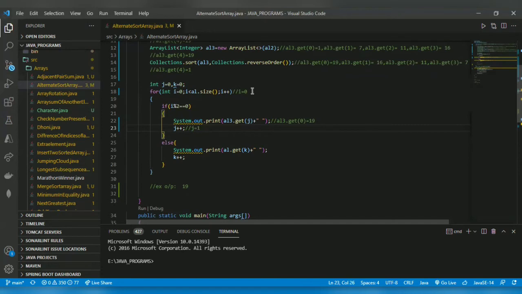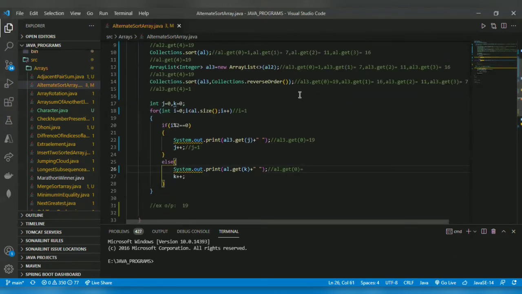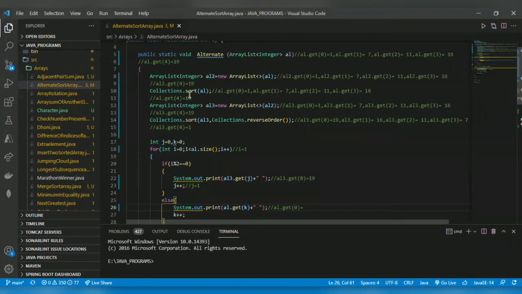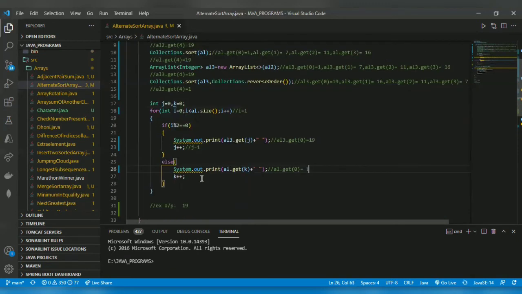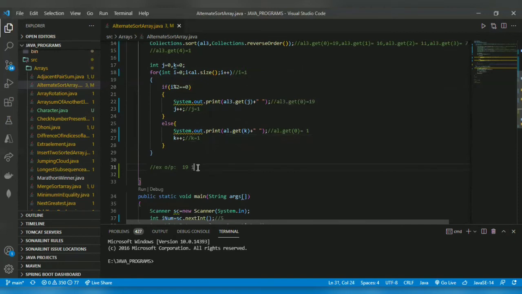Now i will get incremented to 1. 1 % 2 is not equal to 0, so it will come to the else condition: al.get(k). Here k is 0, right? We know the array is sorted here. al.get(0) is 1. So it will print 1 and increment k to 1. So now 1 will get printed.